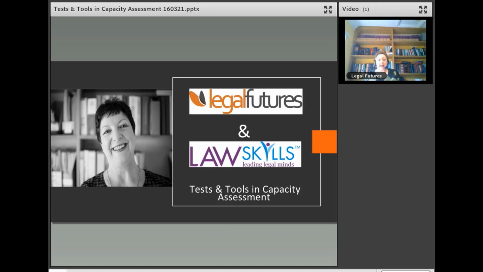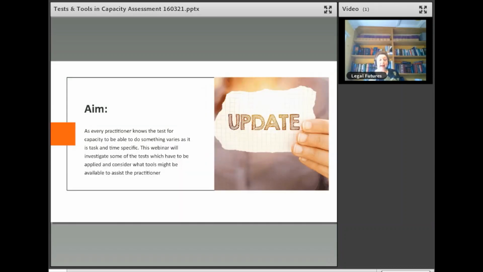We live in a challenging time for the care of elderly and vulnerable people, don't we? More people need support in decision making, and many are vulnerable to the unscrupulous who would like to take the elderly or vulnerable person's assets. So as part of the safeguarding of vulnerable people, practitioners really have to be sure that the instructions they are given are freely given by a person who has capacity to do so.